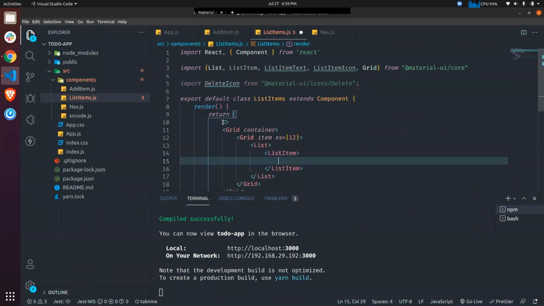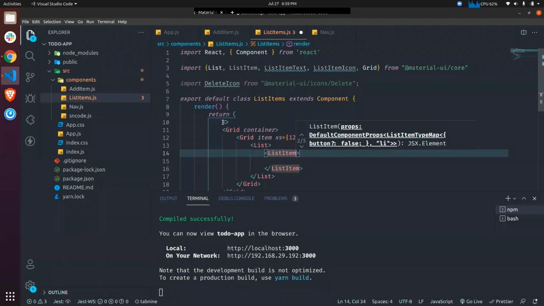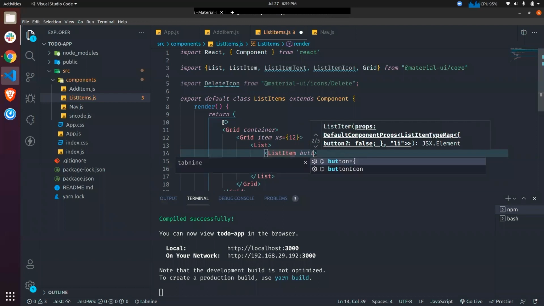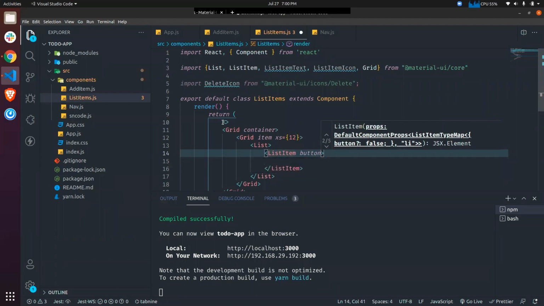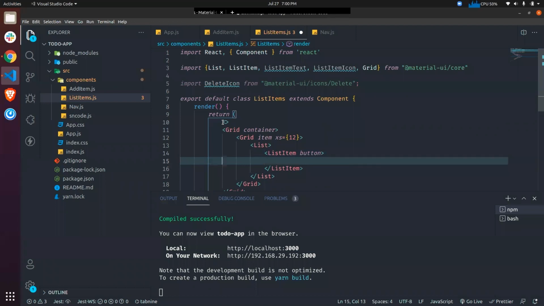Okay, and if you want this list item to be clickable, you can give it a prop called button. If you don't want it, you can remove this prop. So let's take button right now. Inside this list item we have to show some text, right? So to show the text, we have to use list item text.